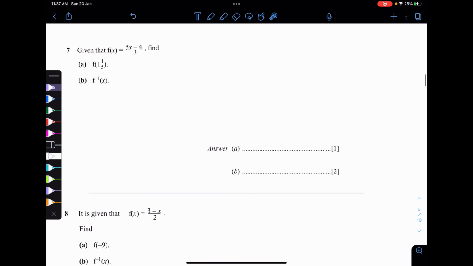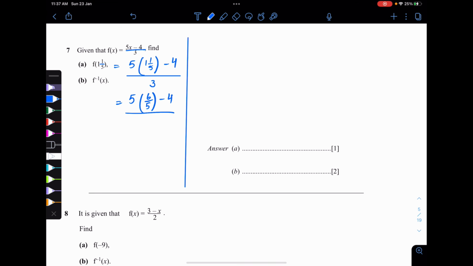Okay, let's move to question number 7. It's requiring us to find f of 1 whole 1 by 5. And again, there's a little bit of misprint. Please forgive that. So f of 1 whole 1 by 5 will be 5 times 1 whole 1 by 5 minus 4 over 3. That is the first step. So let's convert 1 whole 1 by 5 to an improper fraction. So that would be 6 over 5